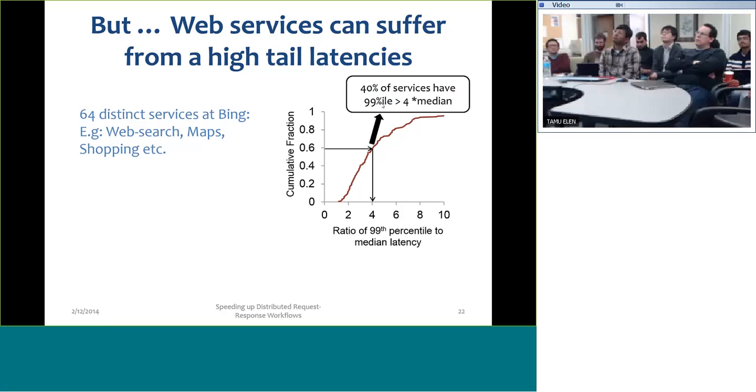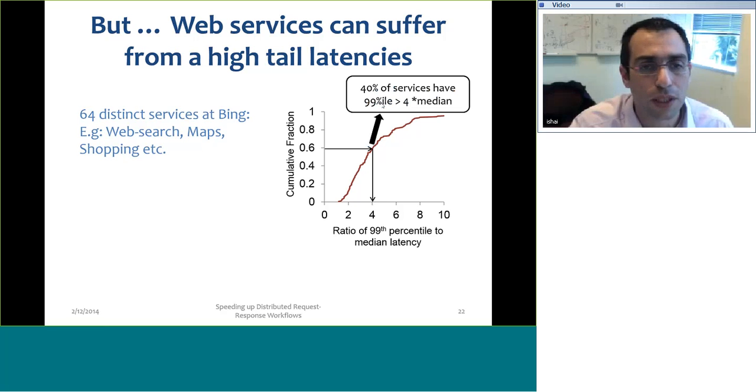It turns out when we discussed things with the product teams, they mentioned that they're mostly concerned about the tail. If you get some queries that are really bad, this has an immediate effect on the quality of service, in other words the quality of experience, or whatever you want to call it.